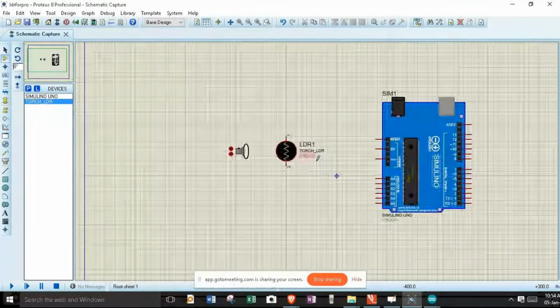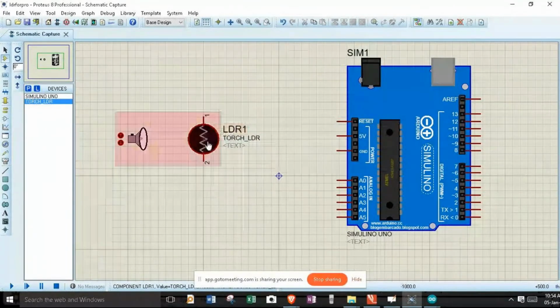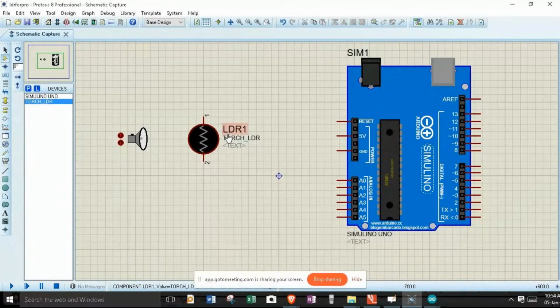Let me zoom in a bit. Here this is our LDR, and we all know how exactly an LDR works. LDR stands for light dependent resistance, whose resistance will vary depending upon the illumination that falls on this resistance.